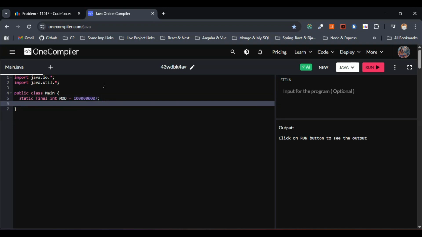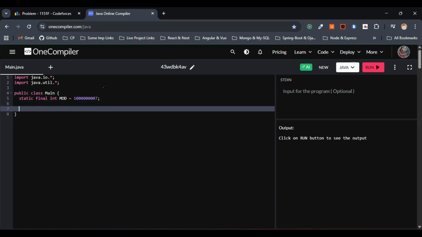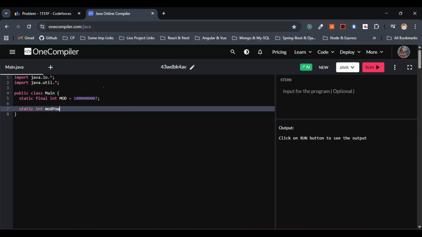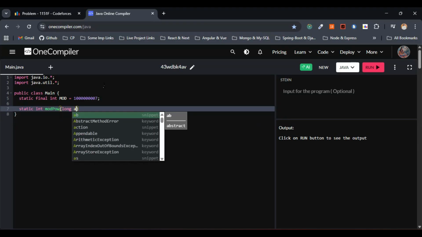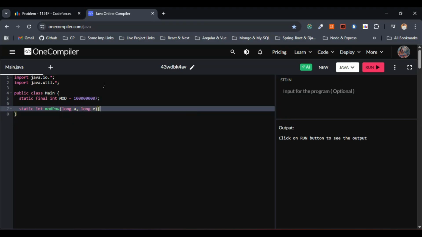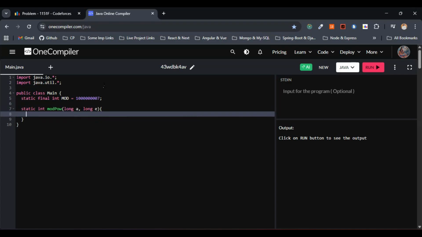This is fine. Now what we need to do, let's go with the fast modular exponentiation, meaning we will be returning a to the power of e modulo mod, right? So let's go with the fast modular exponentiation. So I'll just go with static here, long a, long e. This is fine. Now within the modpow helper method,